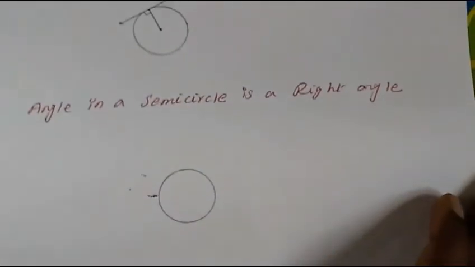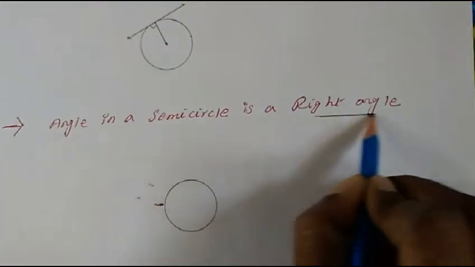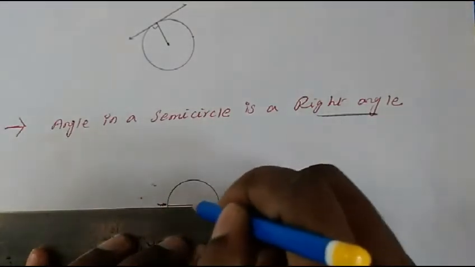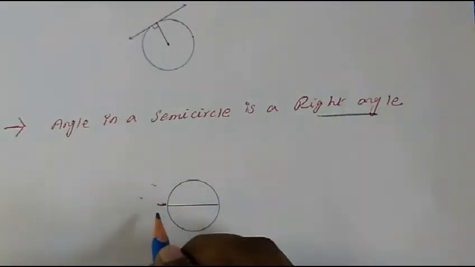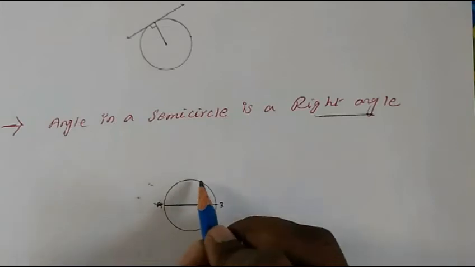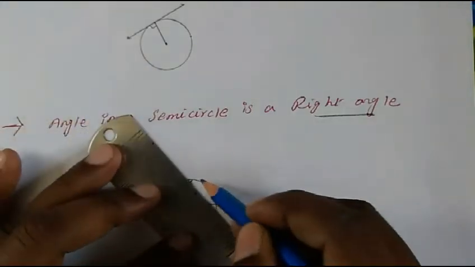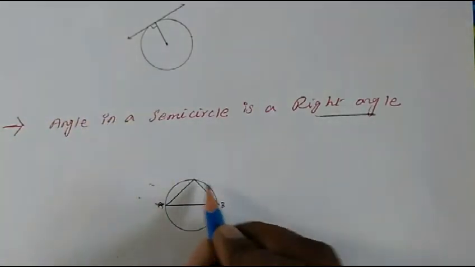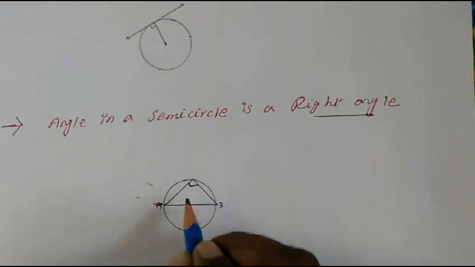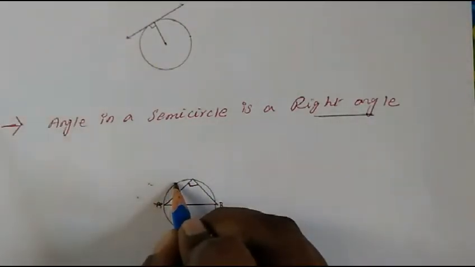Then another point you have to know is that the angle in a semicircle is a right angle. If you have a semicircle, this is a circle, so let me draw a semicircle. Now this becomes a semicircle. You consider this as A and this as B. This is a semicircle. Any angle formed in the semicircle, for example like this, will always be 90 degrees. Anywhere you draw, it will be 90 degrees, but it should be on the circle.